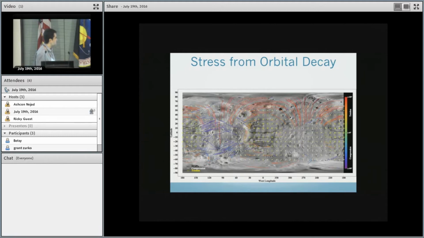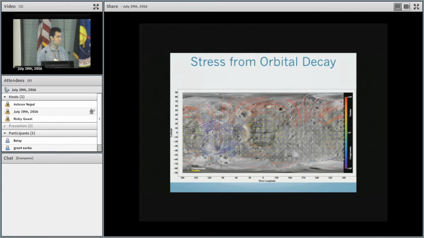In the regions at the sub- and anti-Martian points, because the stresses are near isotropic in tension, they're not really diagnostic of an orientation for tidal formation. They're consistent with tidal formation, but their orientation may be controlled by something else. So we mostly looked at the interstitial regions, and the fractures here in red are ones that are aligned more